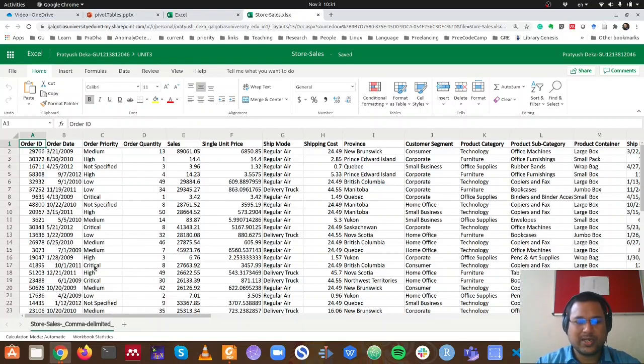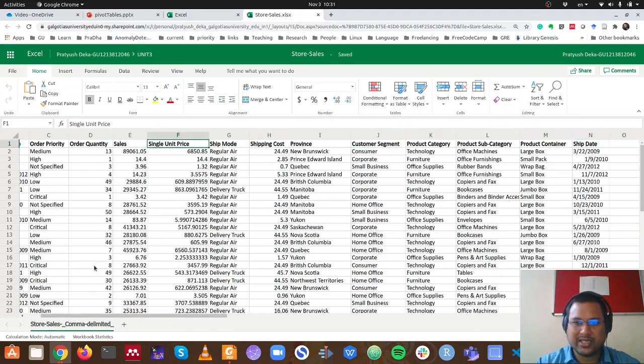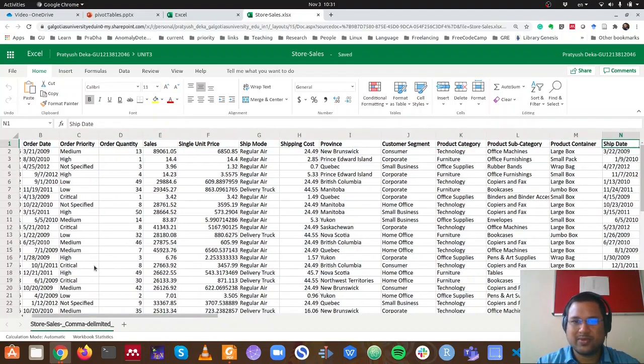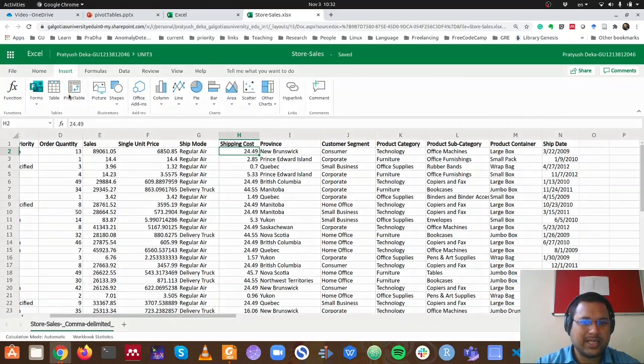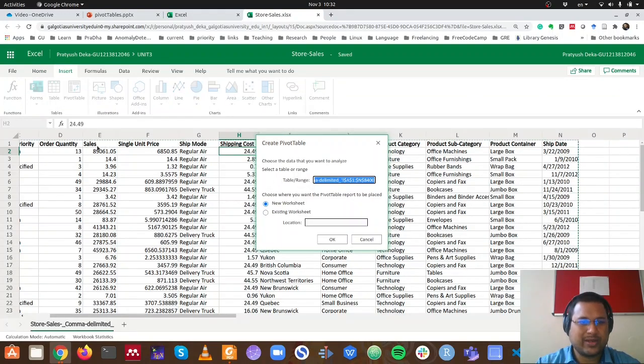Now from this, what I want to know is, for our products, whatever product we have, product category. For every province, for each product, how much sale is happening. So that we want to know. So this is product category, product. Now for each product, how much amount of sale is happening in different provinces. Let's check. So how do you get into the pivot table? You need to go to insert, then pivot table, click on here. Just like I said, we already selected this, so this will be picked automatically.